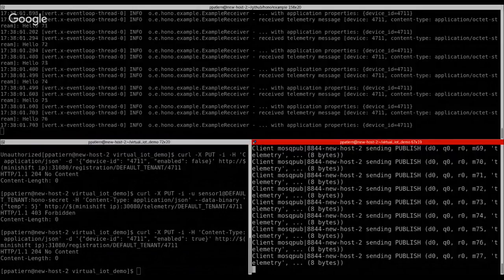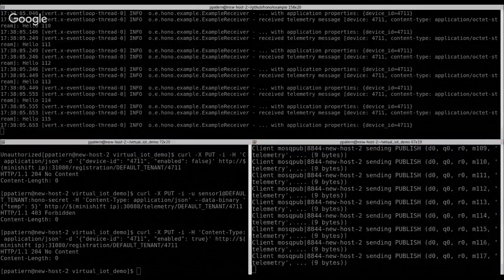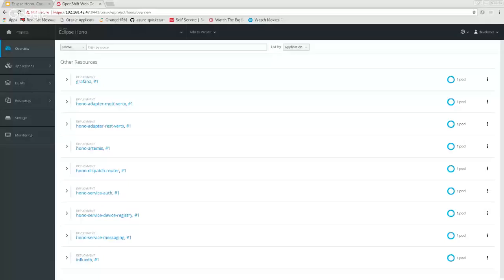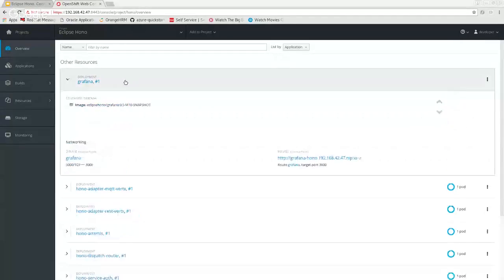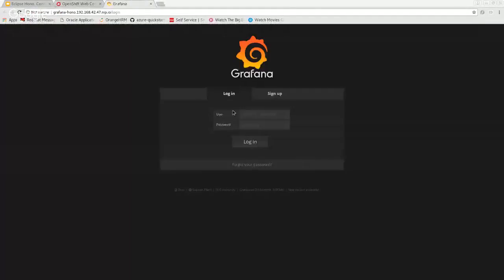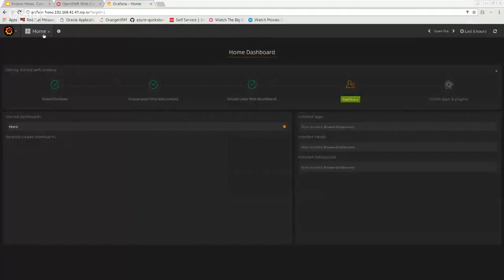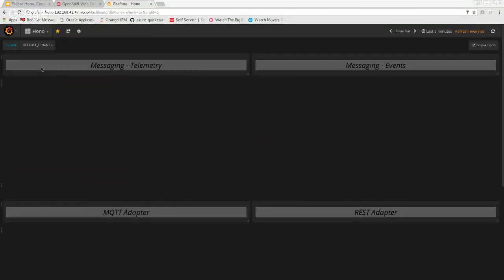Now I can stop sharing my console screen and jump into the browser to show the Grafana metrics dashboard. I have to log into it and switch to the main Hono dashboard.